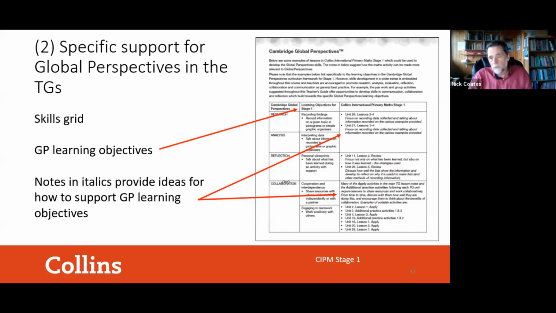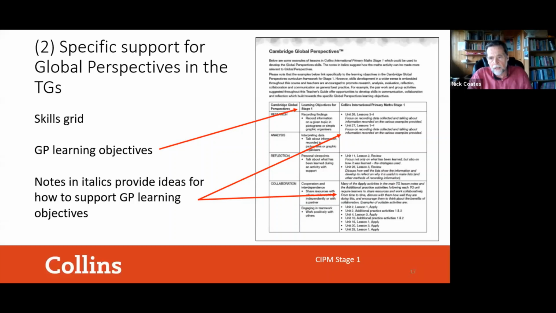The third column is where we get reference to the materials in the students or the workbooks or the teacher's guides. So for example, the first one here, it says Unit 26, Lessons 3 and 4. You would simply go to your Unit 26, Lessons 3 and 4, and you'll find the activity we're talking about. Perhaps most importantly are the notes in italics underneath that,